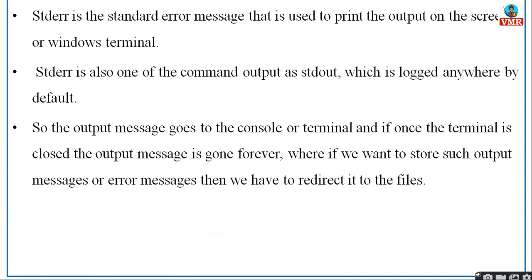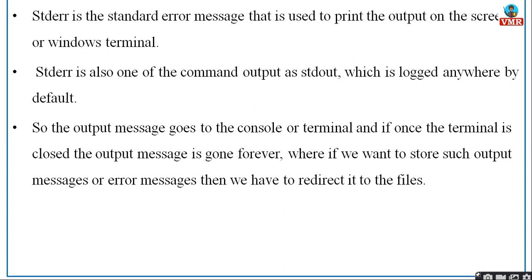And then the last one is your stderr, the standard error stream, which is used to print the output on the screen or terminal window. So whenever you are getting errors, all those will be printed onto your monitor, right? Errors are being sent by your stderr stream. Okay, so stderr is also one of the command outputs like stdout, which is not logged anywhere by default. The output message goes to the console or terminal, and once the terminal is closed,